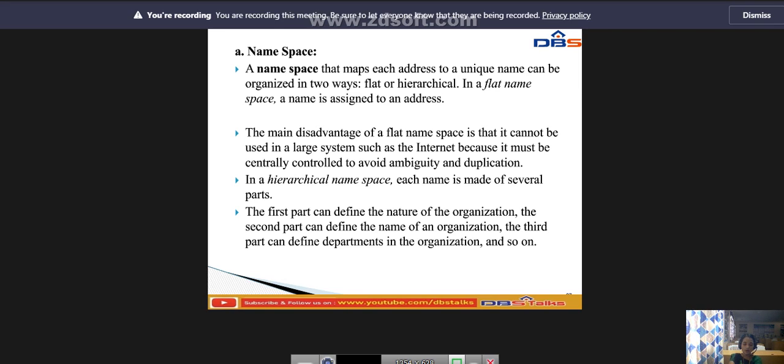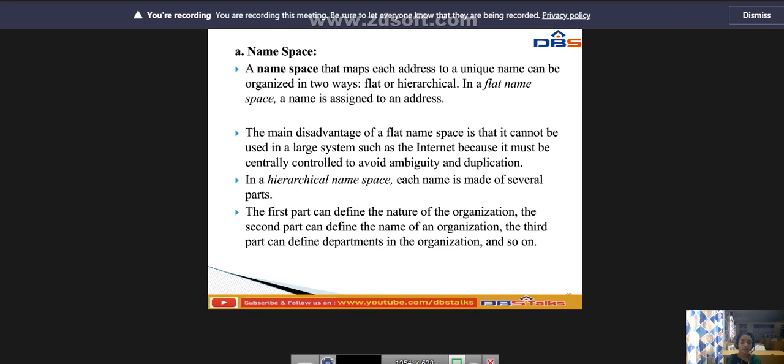The names may or may not have a common section; if they do, it has no meaning. The main disadvantage of a flat namespace is that it cannot be used in a large system such as the internet, because it must be centrally controlled to avoid ambiguity and duplication.